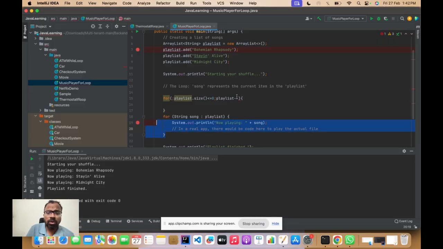Sorry to tell you, but there is something called iterators. We can learn more about this in a future concept, but this ArrayList has a concept that is not plus plus or minus minus. Generally you have a concept of iterator. If you check, playlist has a method called iterator. Just try to understand that the same for loop can be written using the enhanced for loop. This enhanced for loop was introduced to make